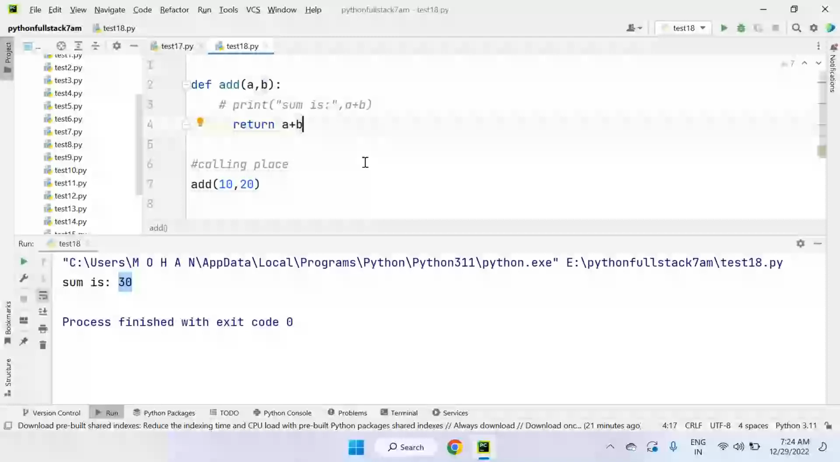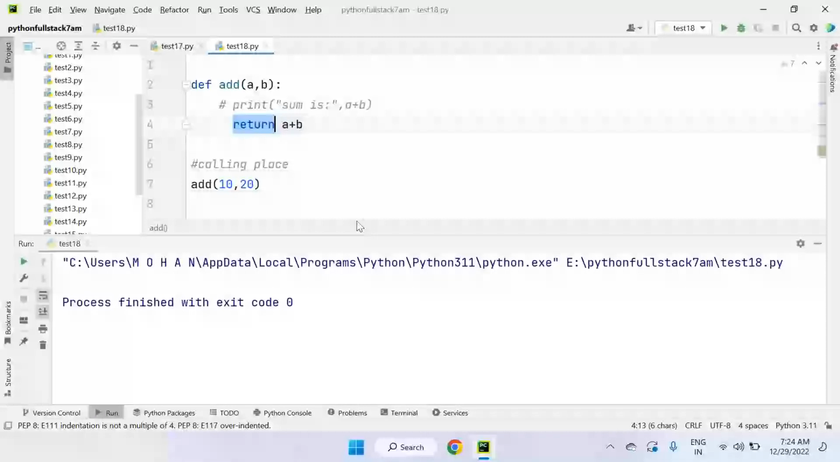Now this time observe carefully. Whenever we are calling this function with 10 and 20, a value is 10, b value is 20, 10 plus 20 is 30. So here the 30 value is with the function. This 30 value will return to the calling place by using what statement? The return statement. So when we run this, there is no output. Why? Because